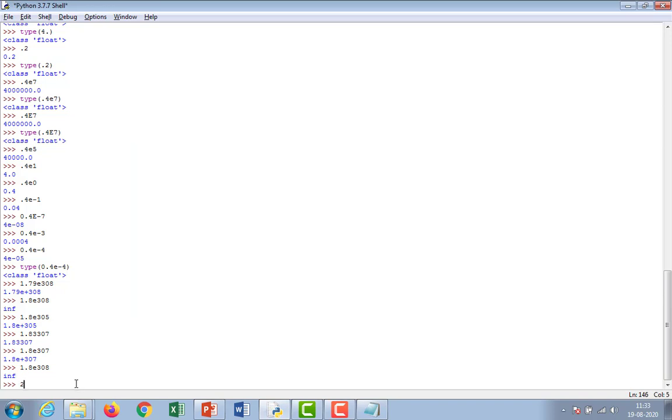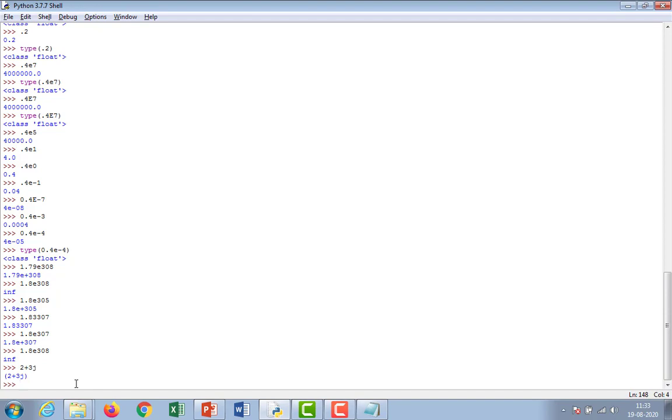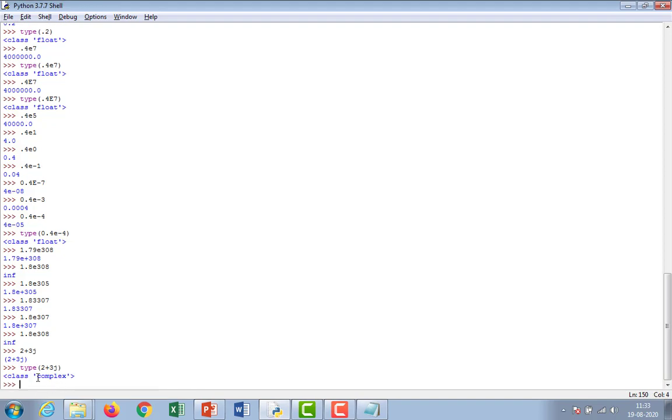Suppose 2 plus 3j, it is also taken, but in the case of C language, complex number addition is possible? Please check. If possible, tell me. 2 plus 3j. If you want to know the type of this number, I am saying it is a complex number.